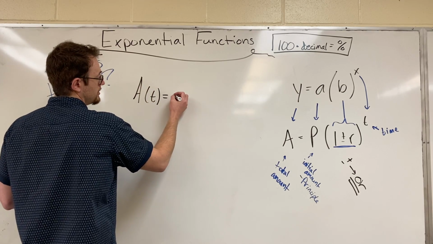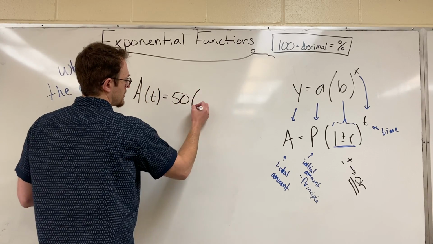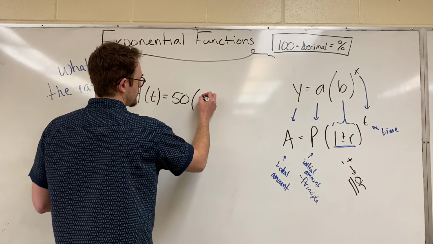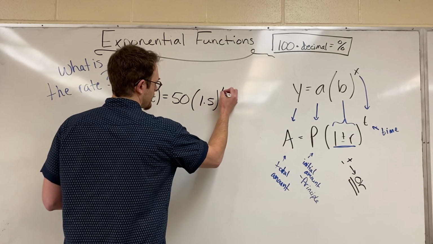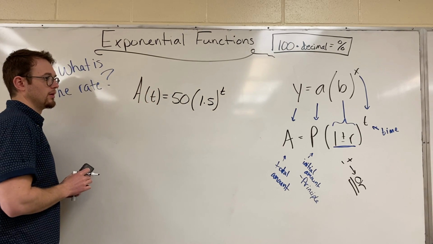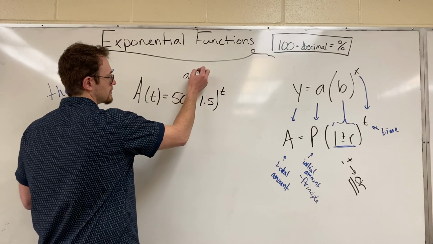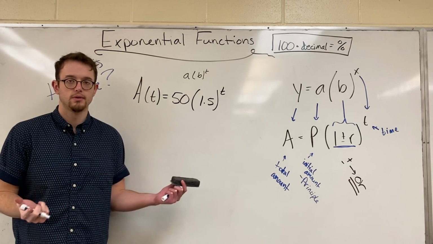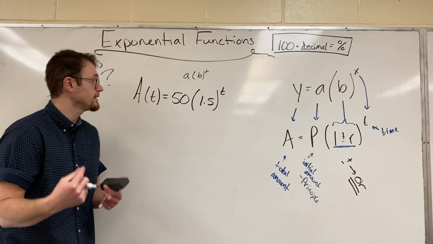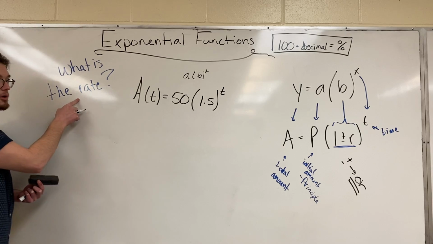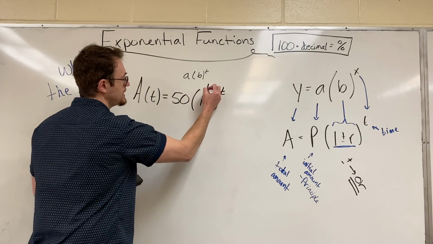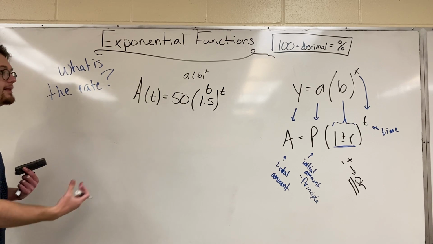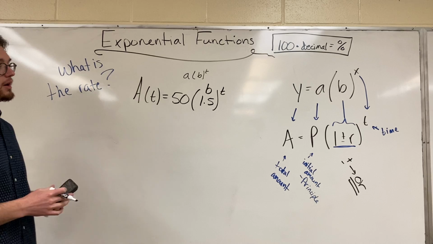So what if I give you, let's say, 1.5? I don't know what R is. I have an issue. I need to answer with the rate, but I don't know what the rate is. I know what B is. I don't know what R is. So I have to find that, and I can find that because I know